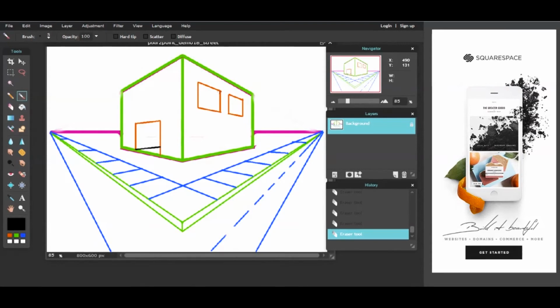And just to show you again how to add depth, take the farthest corner away, put a dot. I'm lining up my real ruler on the screen right now with the dot I just made and the opposite vanishing point, so the one on the left. I'm following my ruler and it intersects this line right about here, so I'm going to hold shift and click. And now I have